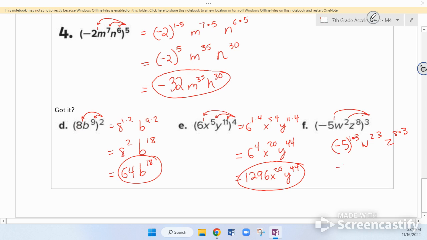So that's going to be (-5) to the 3rd, w to the 6th, z to the 24th. And we're going to go ahead and simplify the (-5) to the 3rd, so that'd be -125, w to the 6th, z to the 24th. And that is our final answer and the end of our notes. And I hope you followed